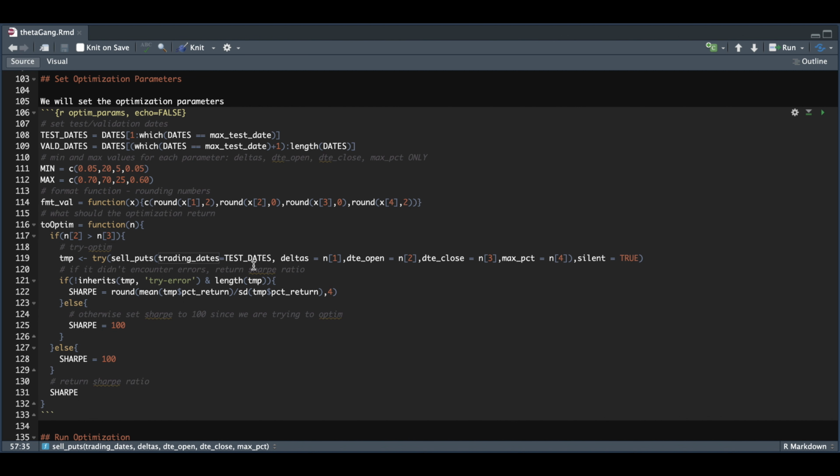So how this works is for the first parameter, which is deltas, we need to set the minimum and upper bands. So we're going to use 5 and 70. For the number of days to open up the option contract, we're going to use a minimum of 20 and up to 70 days. And for the closing DTE, we're going to hold down to 5 for the minimum, or